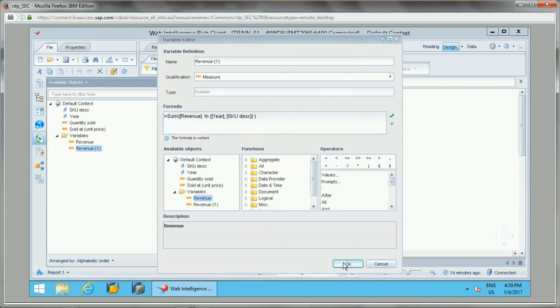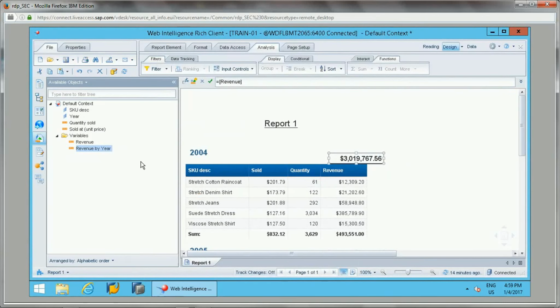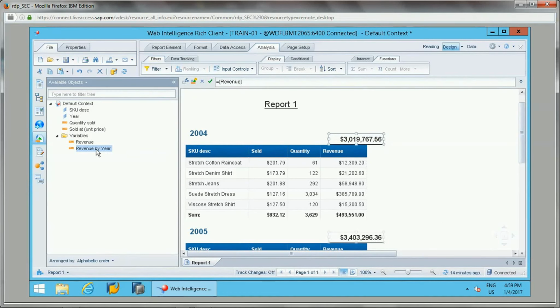Okay, so I will add this as revenue by year, as a new variable. Now what this variable is doing is forcing the input context to year and SKU description.